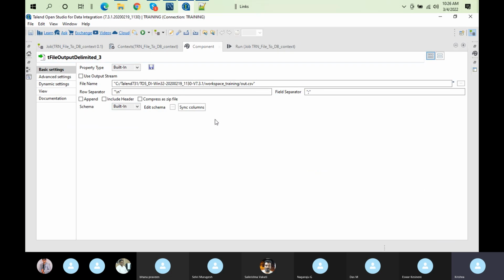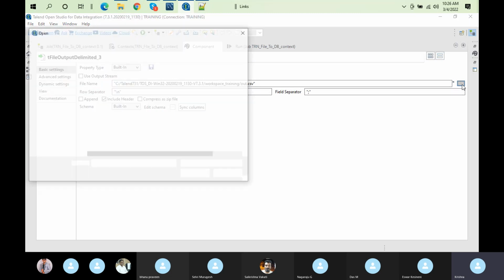So the log catcher component, what is its purpose? To capture any failure that happened while the job runs. So it will capture only